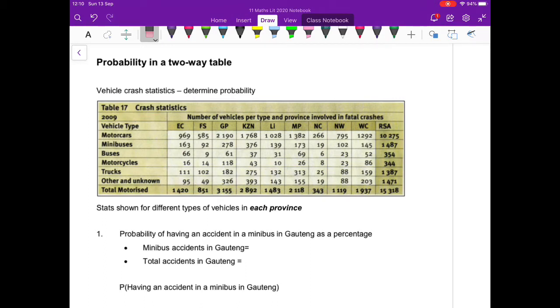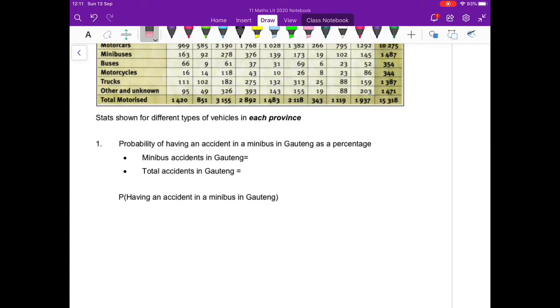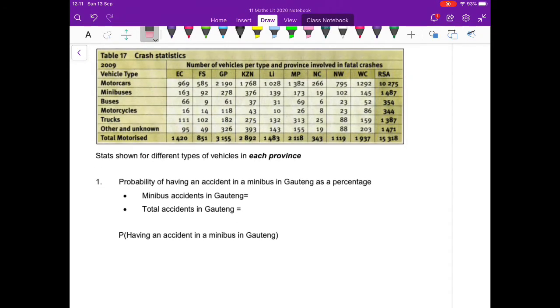Right, for example, we want to look at what is the likelihood of a crash occurring with a particular type of vehicle and in a particular province in relation to total crashes. So the first one we're going to look at is the probability of having an accident in a minibus in Gauteng as a percentage. So the first thing we're going to have a look at, we are looking at minibus accidents in Gauteng, which is this one here,